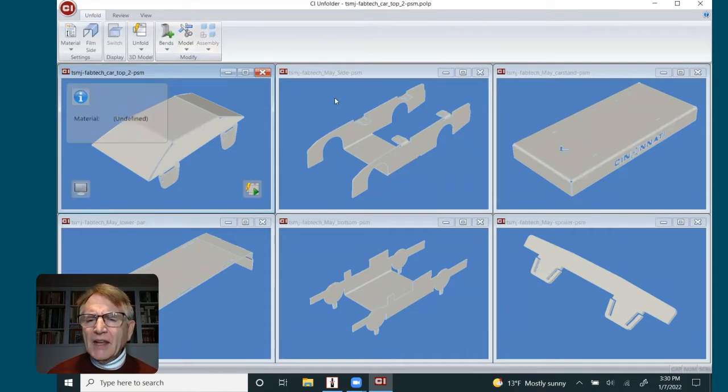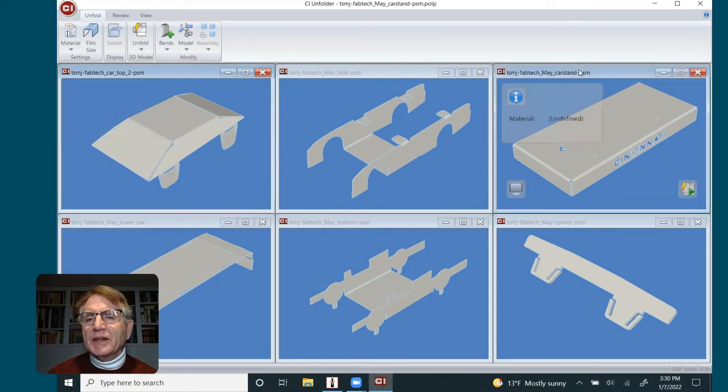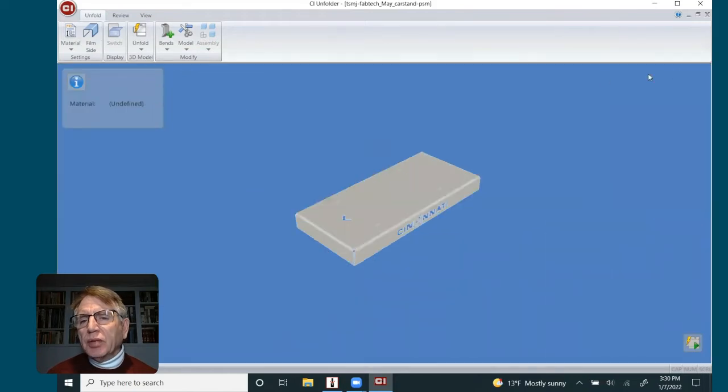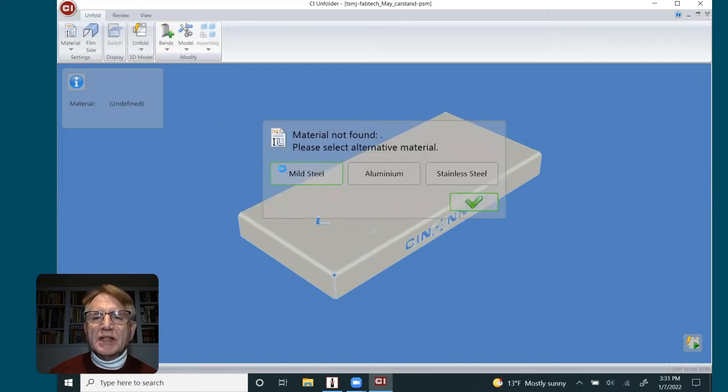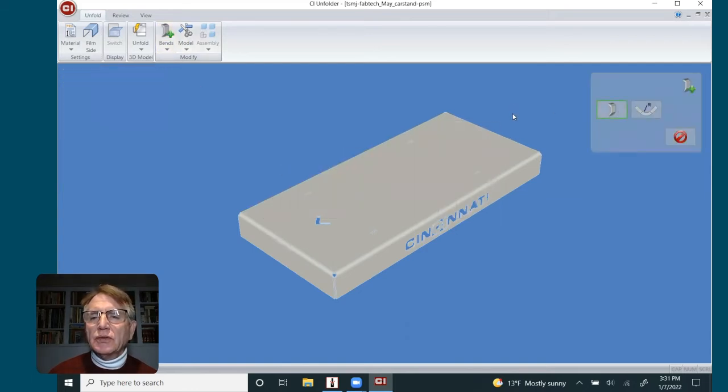Let's take one of them and go all the way through to the BEN simulation software so that you can see how it interfaces. I'll click on this window, which is the window showing the platform or the stand. Then I'm going to maximize that, and I'm going to apply tools to that. I'm going to give it a material, apply tools to it.